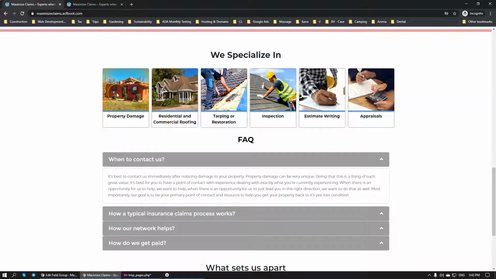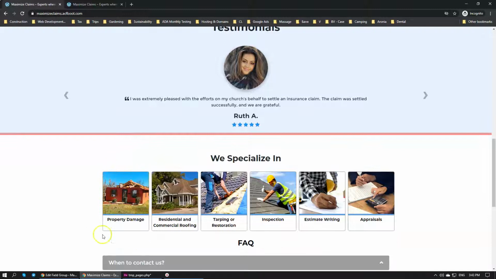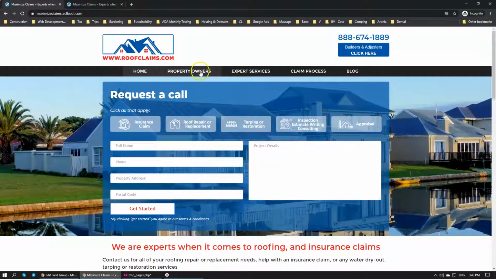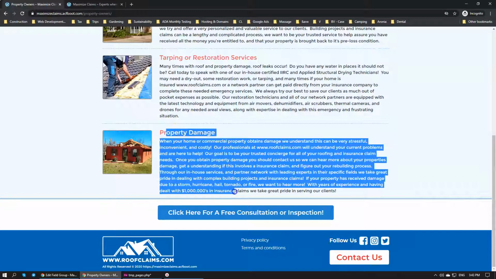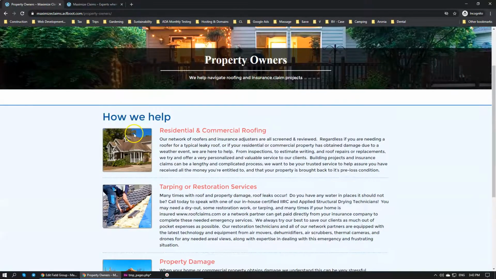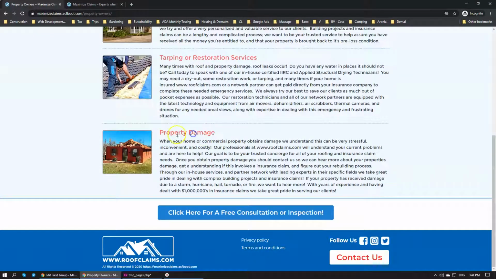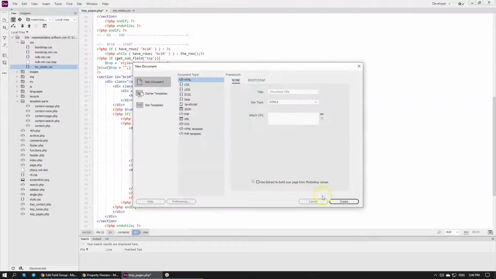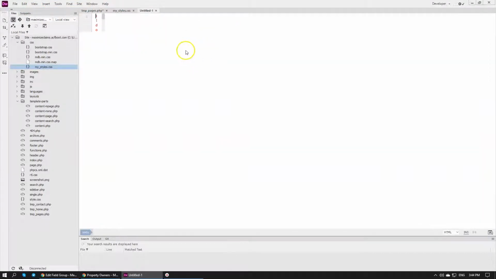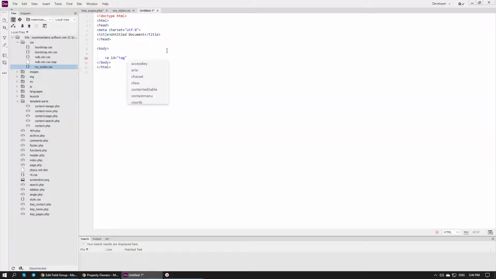Let's say somebody clicks on property damage, and we want this tab over here, this icon, to bring a person to the property owners page and to the property damage subsection over here. So in order for us to be able to do that, we need to give an anchor tag over here, which is usually done by, let me give you an example, by doing something like this. Actually, an A tag, then you give it an ID, tag, and name